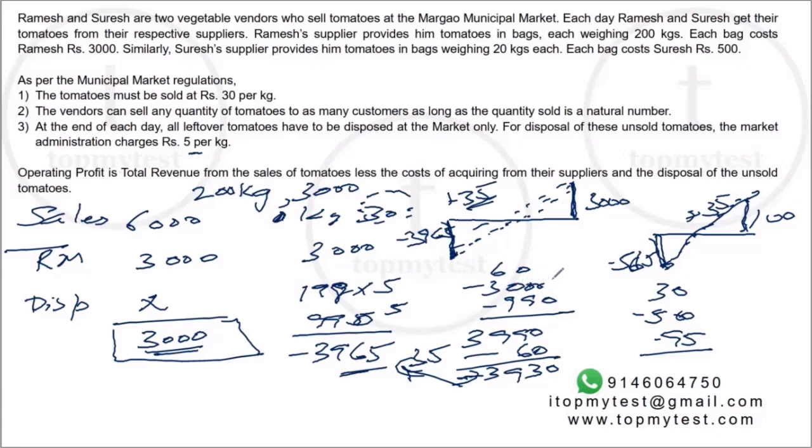Right. Now, what does this actually tell you? Suppose Ramesh has to sell more than 200 kilos. From 0 to 200 kilos, he starts from a loss and rises to a profit of 3,000 rupees. So this block goes like this, as described here. But when he goes to 201 kilos, from 200 where his profit is 3,000, the block will start again.